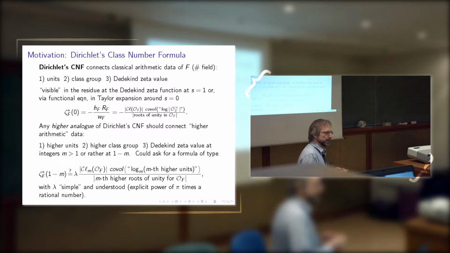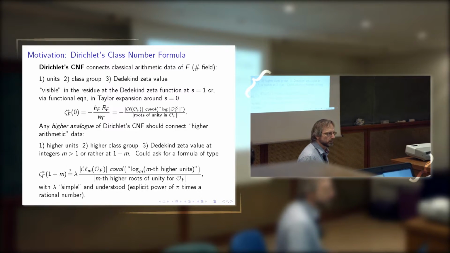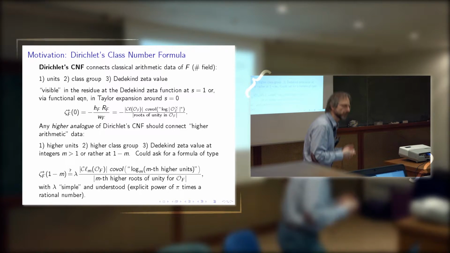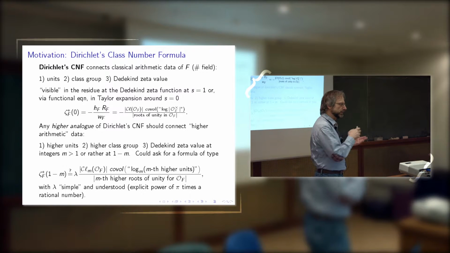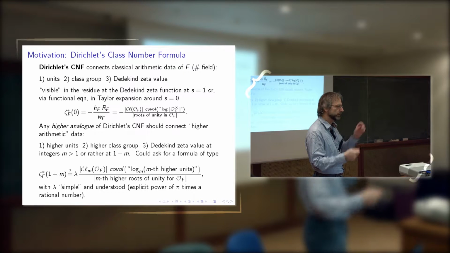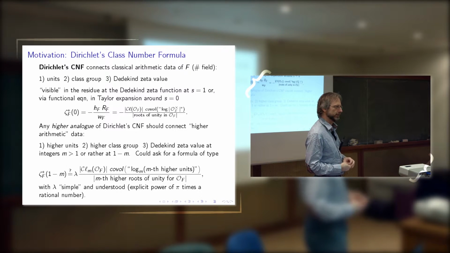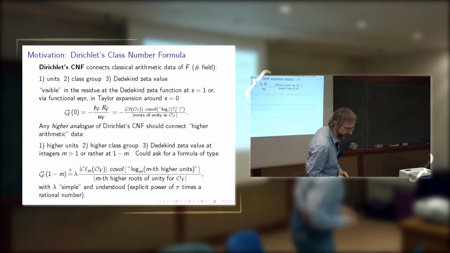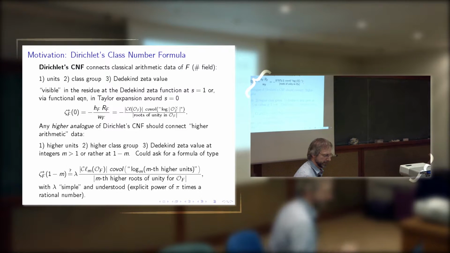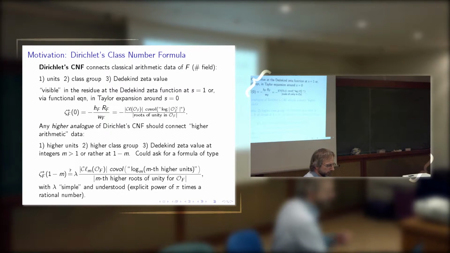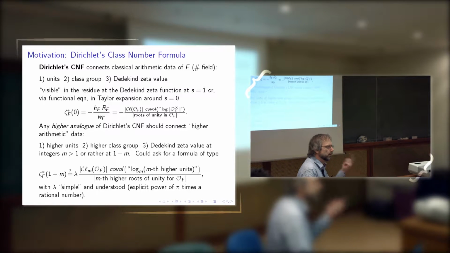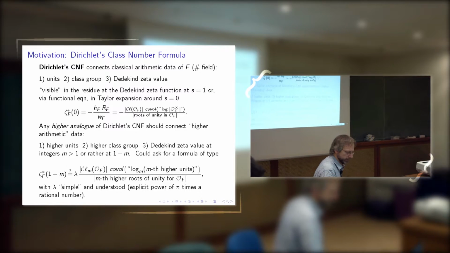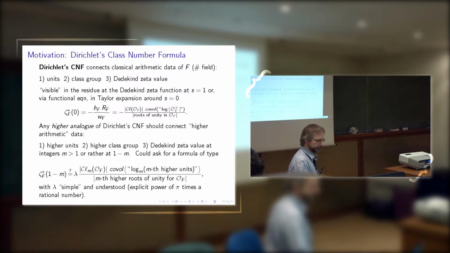Then R_F, the regulator, you can think of as a kind of co-volume of a lattice. The lattice comes from the units, O_F star, and you take a function, the log absolute value. You have to take all the Galois embeddings of that number field, and then you take the log absolute value. That's the function that transports the units into a nice lattice. And then we divide because we overcount, since roots of unity will give us a multiple count of things, so that's just a finite little thing in the denominator, not too important.